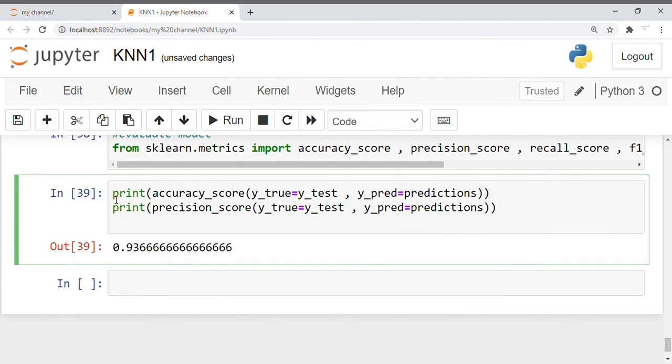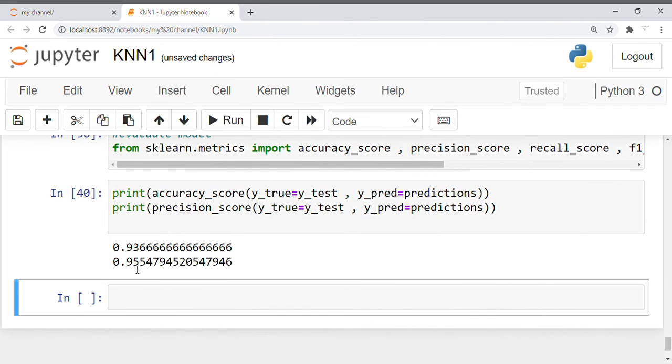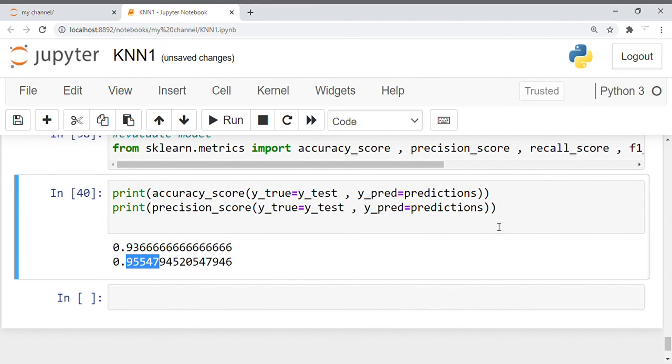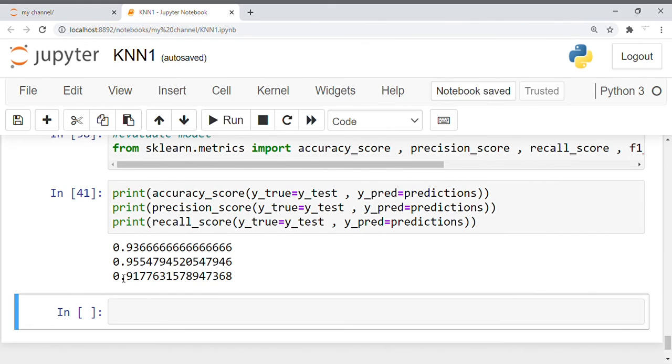Okay, so once you do this, the precision is basically 95.5%. I'll copy this one, and again I'll check the recall score, right? So recall. Okay, when I do this, I'll be getting 91.7.